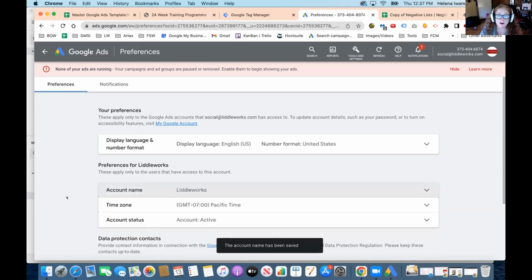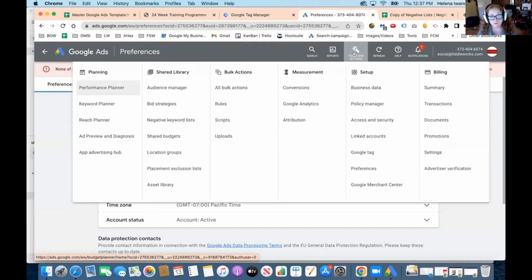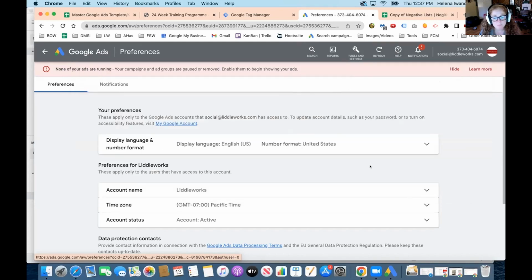And so where you would find this: if you go up to tools and settings, and then you go over to, if I can remember, preferences, right? All the way down under setup, second from the bottom. Yep, and that's where we are. So that's just a fun thing to name your account so that, look, now you can see